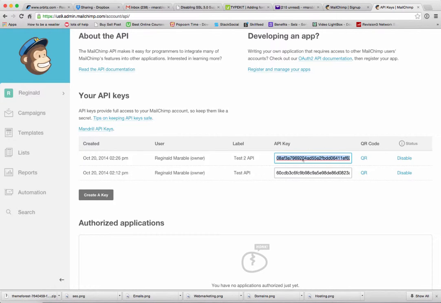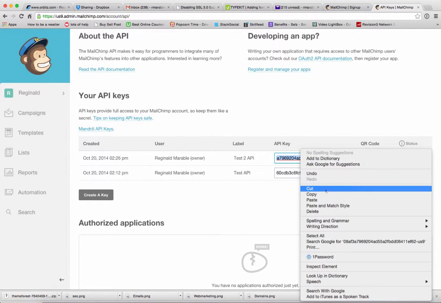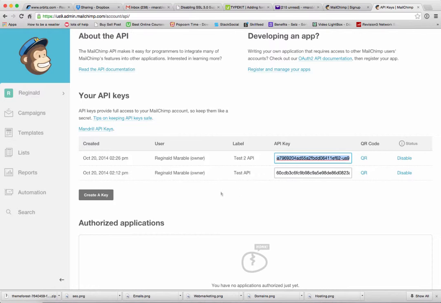As you can see, it's not going to let you edit this field. It's going to highlight it all by default. You want to right click on that and copy that and put it with the list key on a document or a notepad, and you're going to put it in your Dropbox, and we're going to go talk about setting